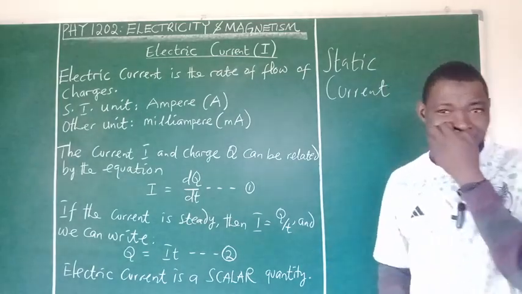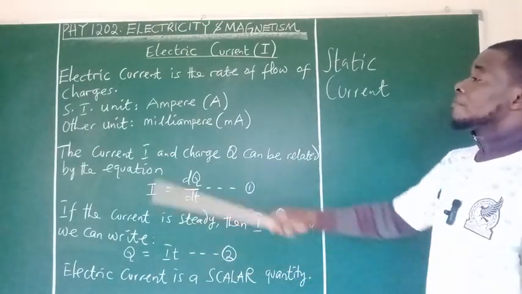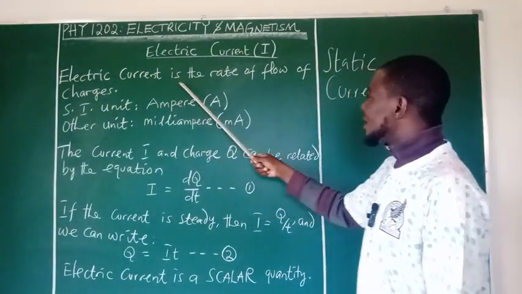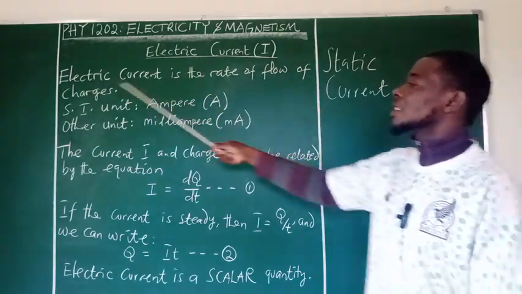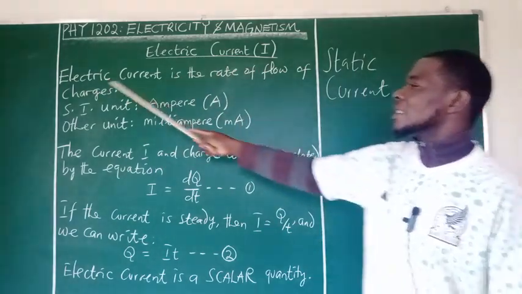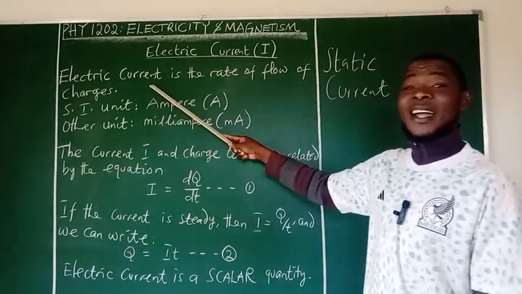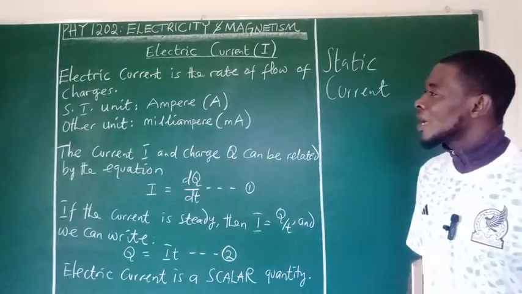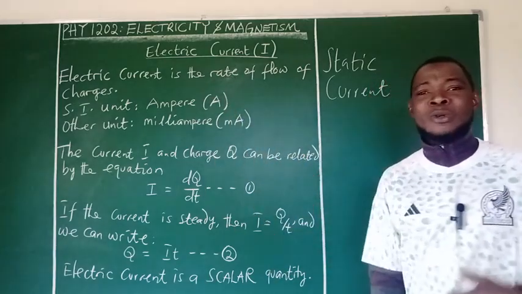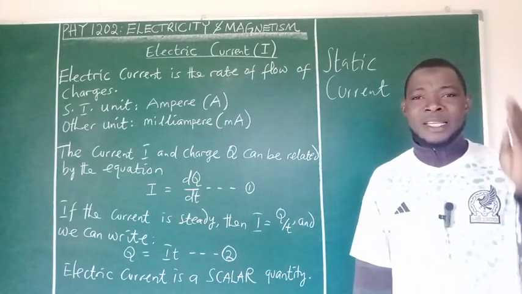Now the next thing is, what does electric current mean? Look at the meaning here. They say electric current is the rate of flow of charges. So clearly from the meaning we see that the charges must flow to generate electric current. And how do you define the electric current? It is the rate. You want to know how much coulomb of charges are flowing at a given point